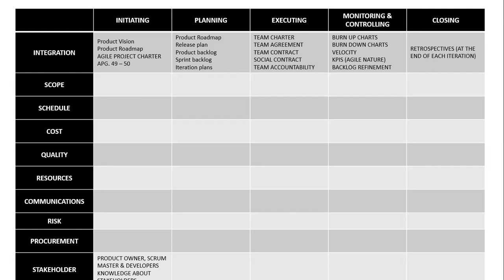Okay. Now, because Agile is so fluid and it's so dynamic, there's going to be a number of these things that could easily fit into these lower boxes. So I'm going to take a very quick shot at explaining them because I know lots of you are curious about, okay, how do I think about scope in Agile? How do I think about scheduling Agile? So I'm going to help you with some of these